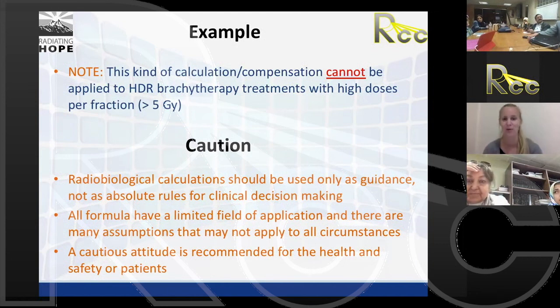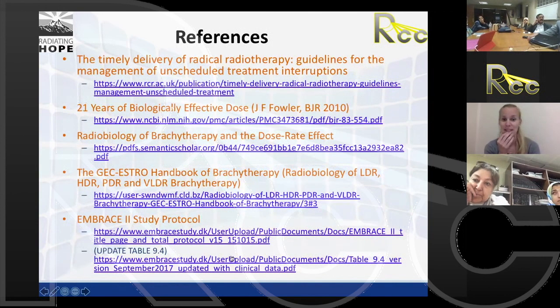So I just recommend a cautious attitude when considering this radiobiological stuff, particularly for missed fractions. Certainly the EQD2 doses in the Embrace protocol have become international standard, and there is a lot of clinical evidence based on those EQD2 doses now. So I do rely quite heavily on those, I must admit. So there's just a couple of references. And like I said, I'll contact the authors of that practical brachytherapy book just to see if I can get an electronic copy, and I'll put it up on the website as well, because it's quite a nice, easy to read